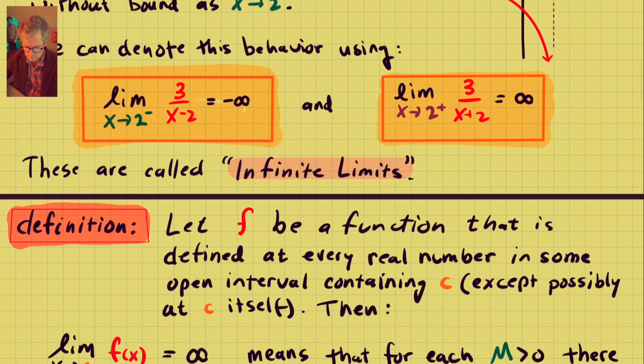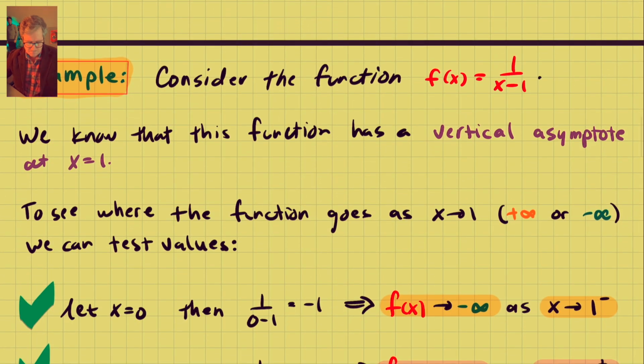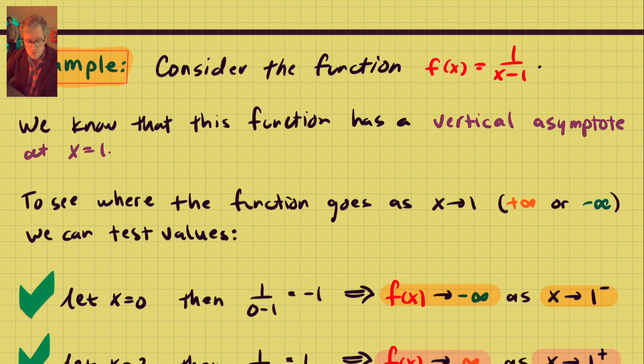Well, to see where the function goes as x approaches 1, i.e., does it go to positive infinity or negative infinity, I can just test some values close to 1, right? Test a value very close to 1 on the right-hand side. So I could test 1.01, for example. If I want to know what happens to the function as it approaches 1 from the other side, I could test